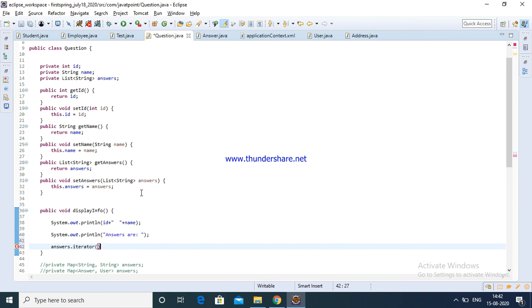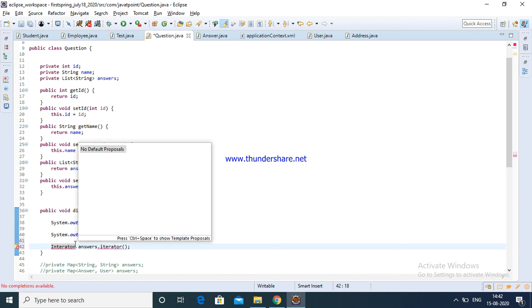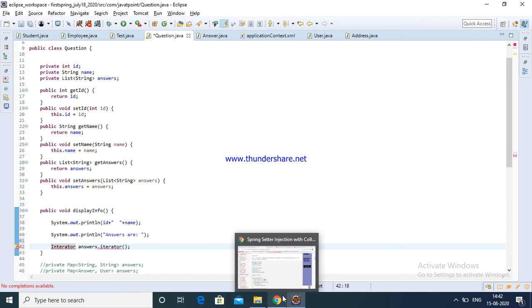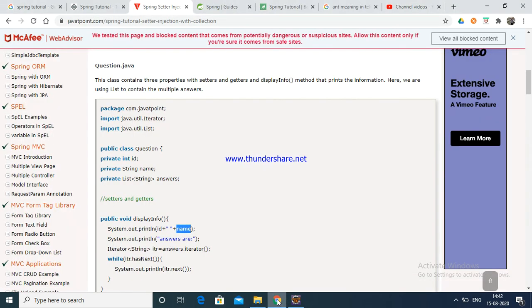Use iterator method. Iterator, sorry, iterator.